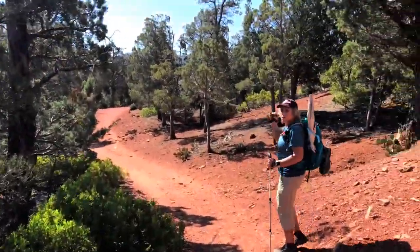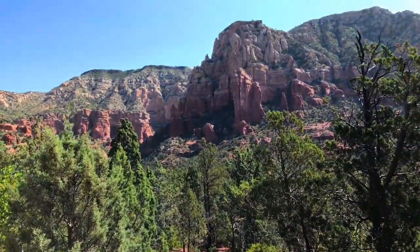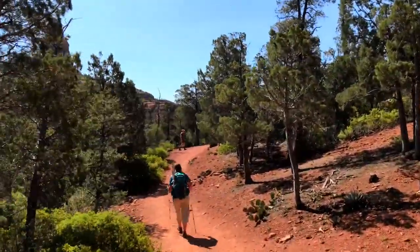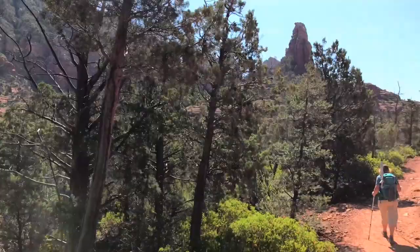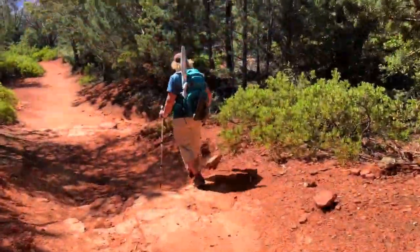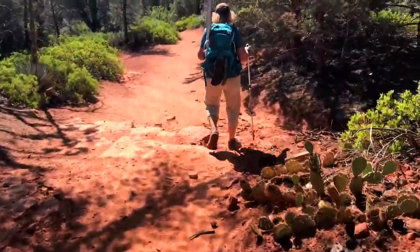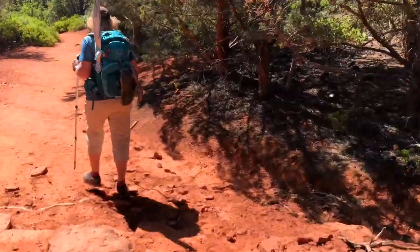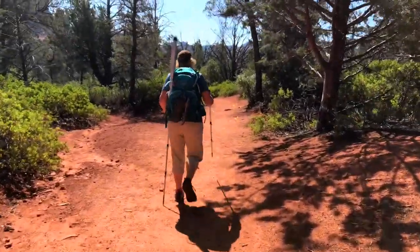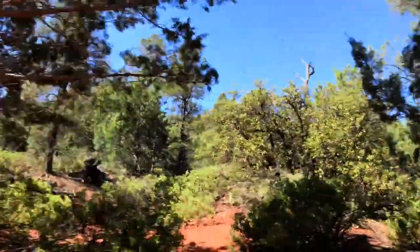And we're starting to run into a lot more people. Nice view of the surrounding mountains. I think this is Brin Mesa above us here, but I can't be sure. We're almost to the bottom of Brin Mesa Canyon, I guess, trail, and there's not much to report on. We've been in the trees. Most of the views are on the side of the trees,